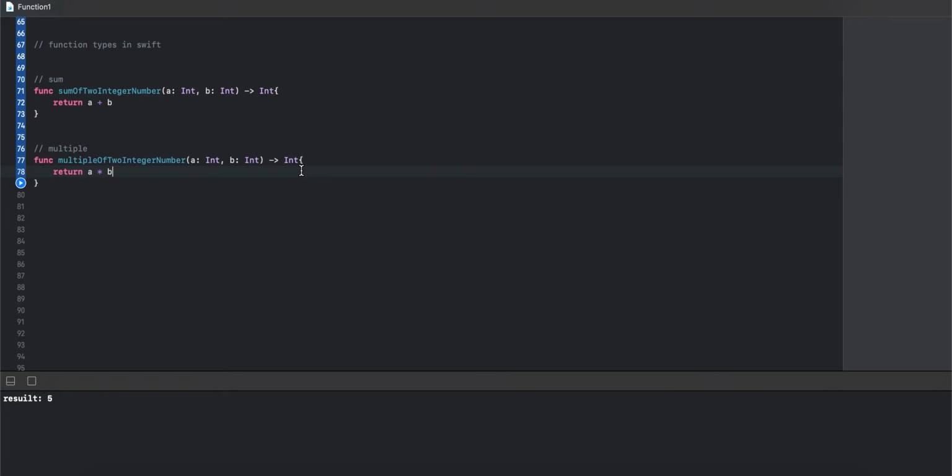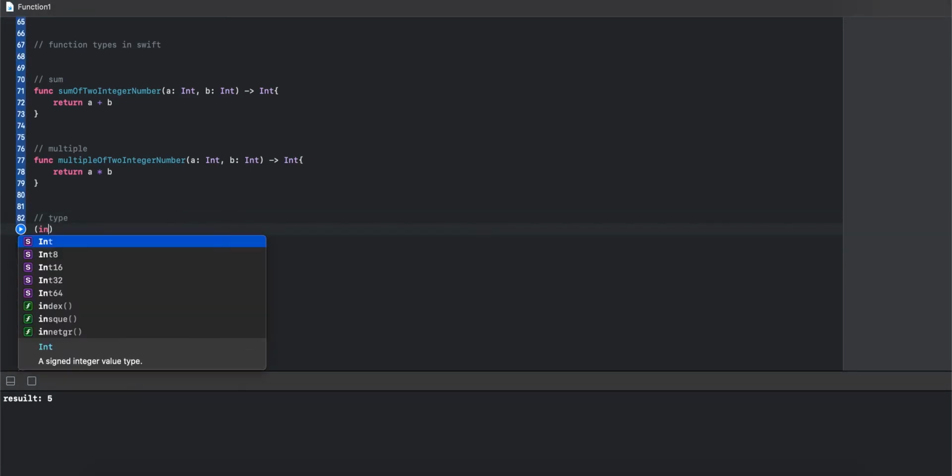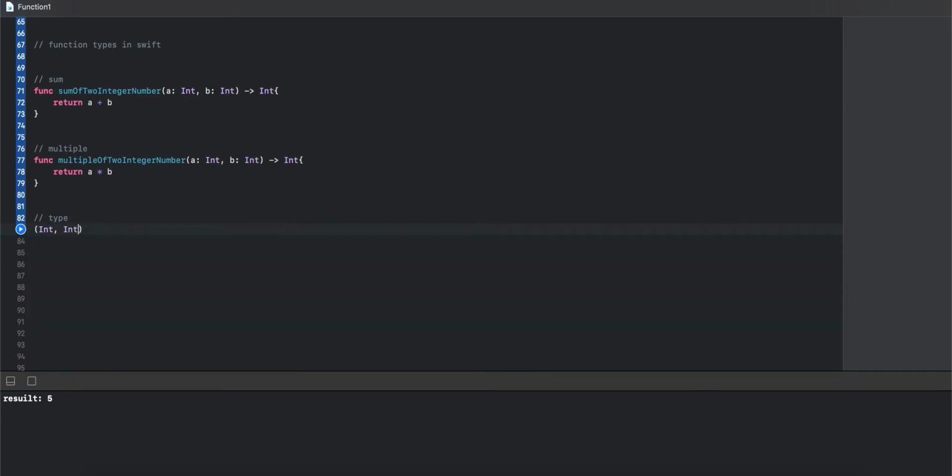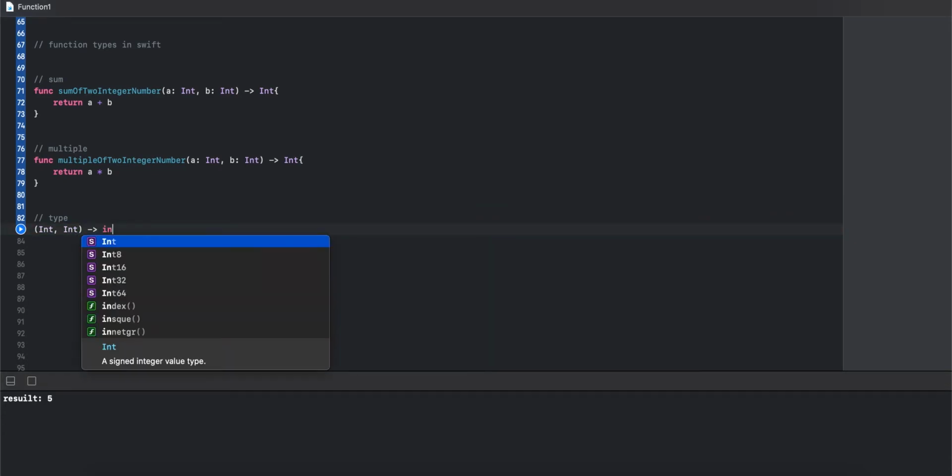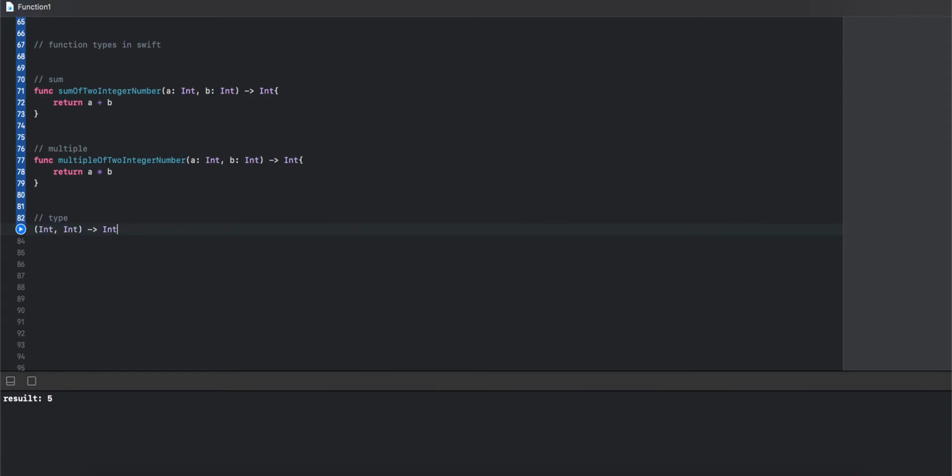The type of both these functions is two parameters, integer and integer, with a return value of integer. This is the type of the function.